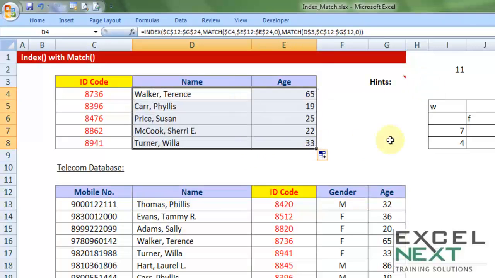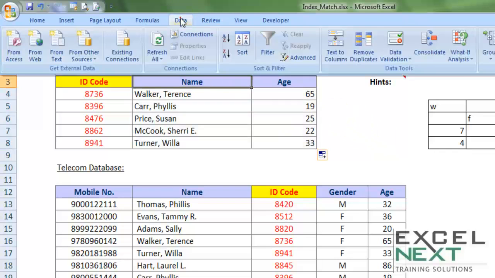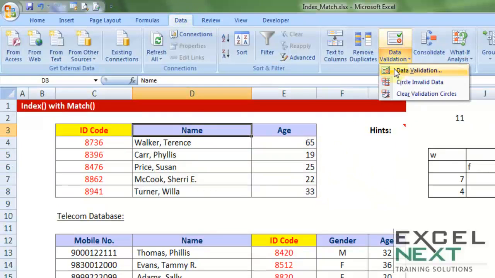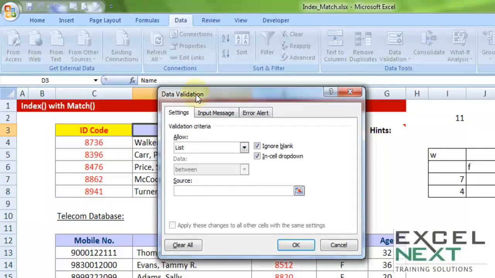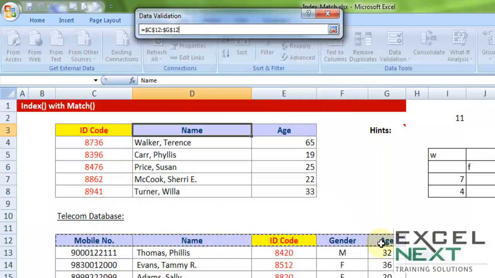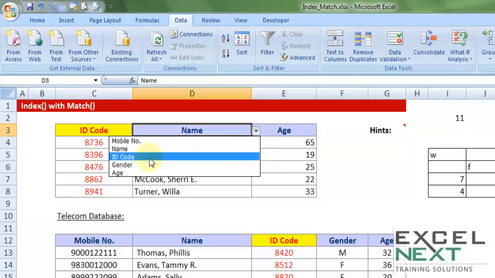And if you want to give a little jazz to this entire model, you can quickly add a data validation, which we have already done in level 1. Data validation, allow a list, the source shall come from these headings. So now if you change this to let's say ID code,